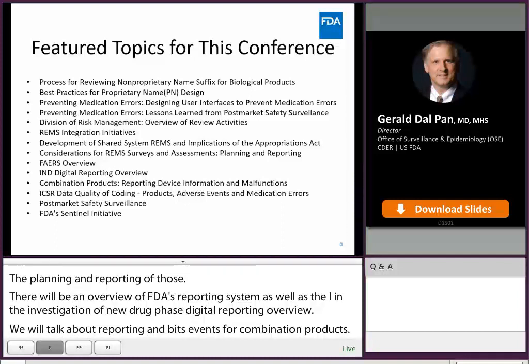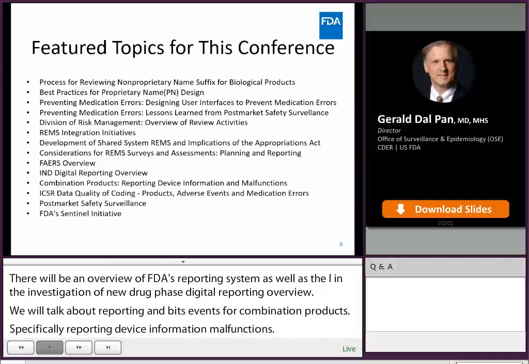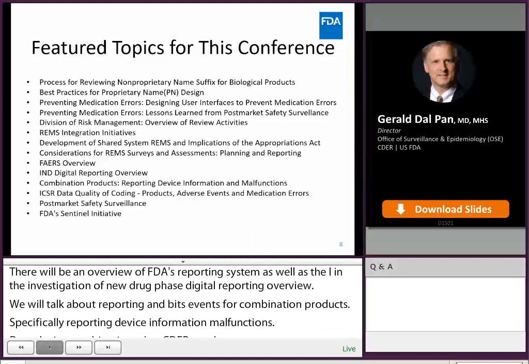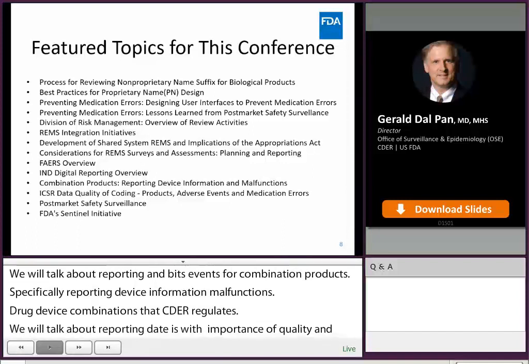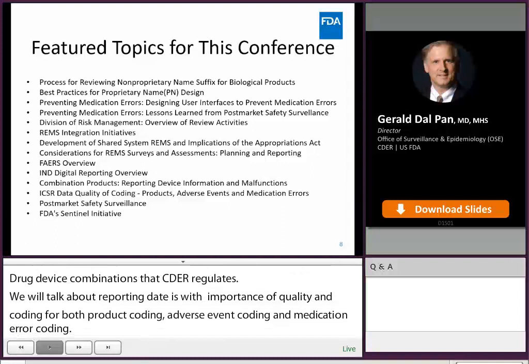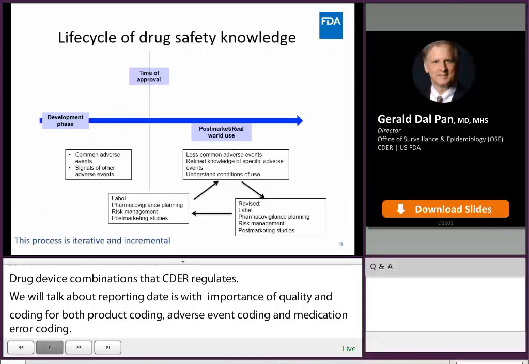that CDER regulates. We'll talk about individual case safety reporting data with a focus on quality of coding for both product coding, adverse event coding, and medication error coding. We'll talk about post-market safety surveillance broadly, and we'll finish with a presentation on FDA's Sentinel Initiative. So now I'd like to give you an overview of those things in preparation for the talks you're going to